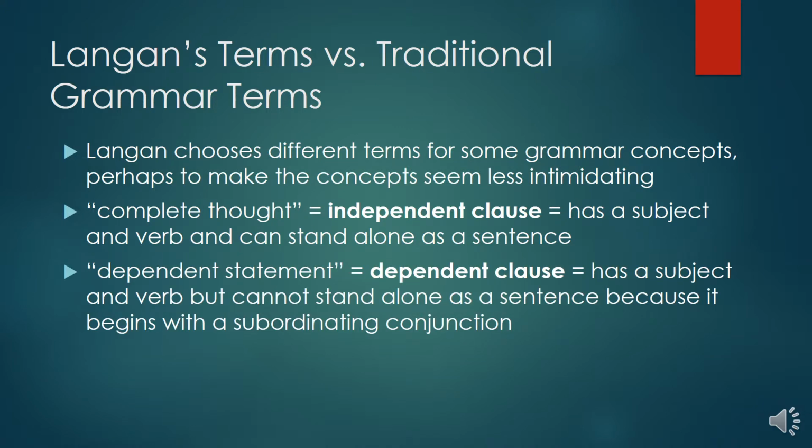Another concept that he refers to is what he calls a dependent statement. Traditionally, we would call this a dependent clause. That's a group of words that has a subject and a verb, but cannot stand alone as a sentence because it begins with a subordinating conjunction. That obviously introduces another term, so moving on to that idea,